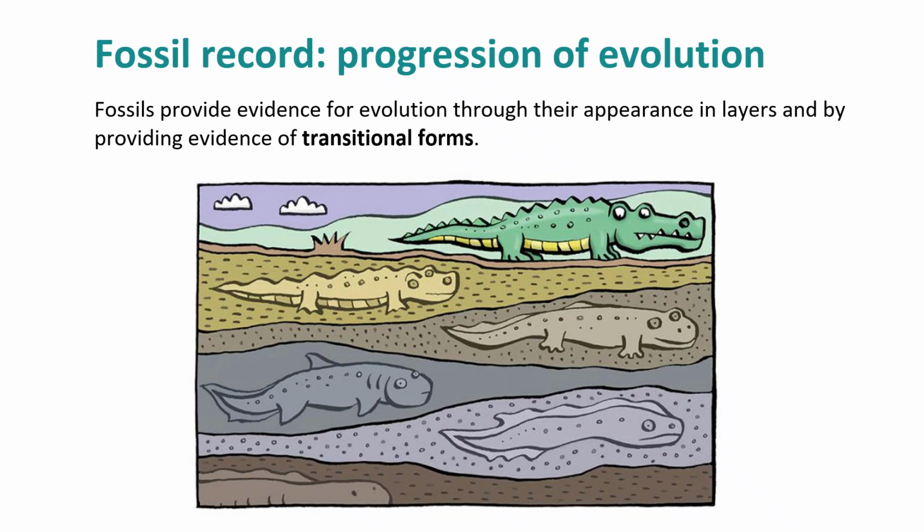Fossils are preserved remains of formerly living organisms, and fossil records provide pretty solid evidence that organisms from the past are not the same as those today. And it shows a progression of evolution. Scientists today are able to actually determine the age of fossils and categorize them from all over the world to determine when the organisms lived relative to each other. And there's a bunch of different ways that they could do this, right? From carbon dating, isotopes, looking at a bunch of different things to figure out the age.